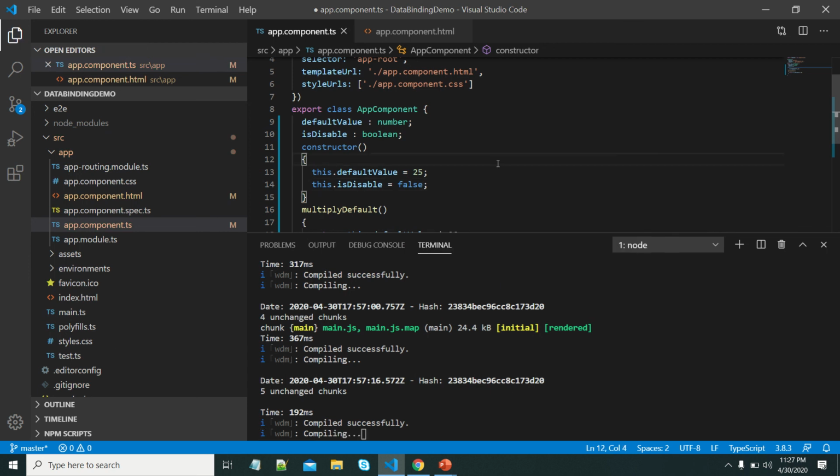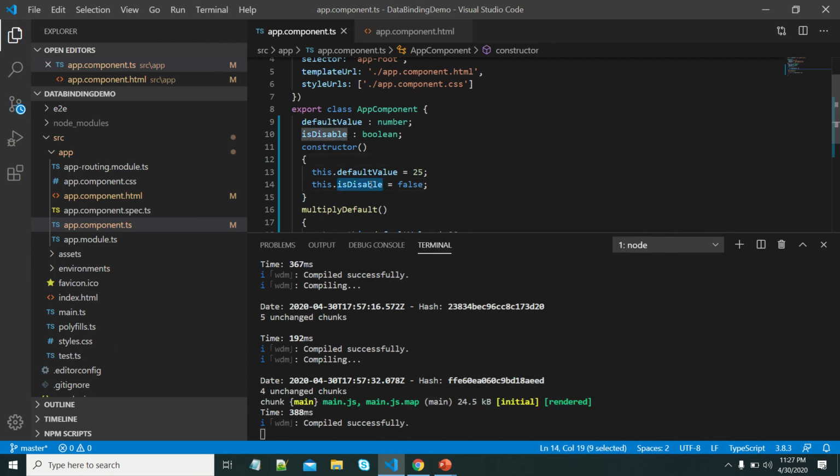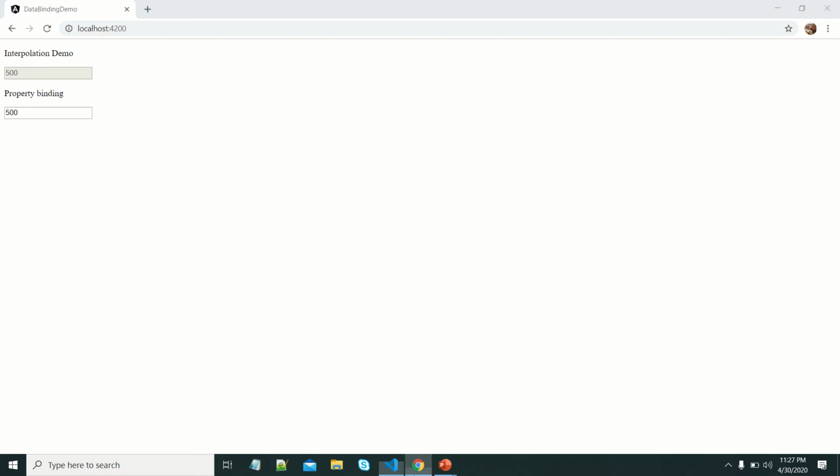If isDisabled is true, that means a specific input type will be disabled. If it is false, that will be enabled. Let me see the output here. Here we can see that this is disabled, this is enabled.